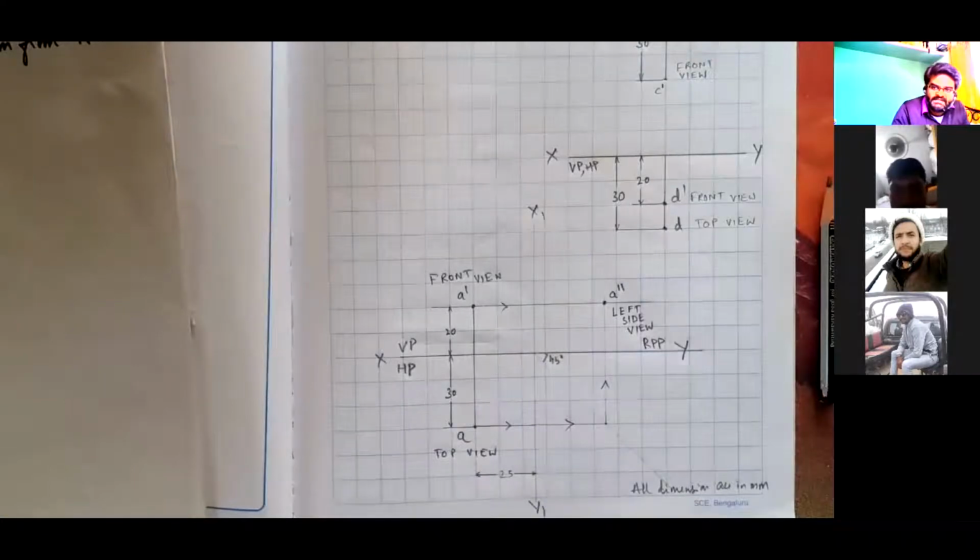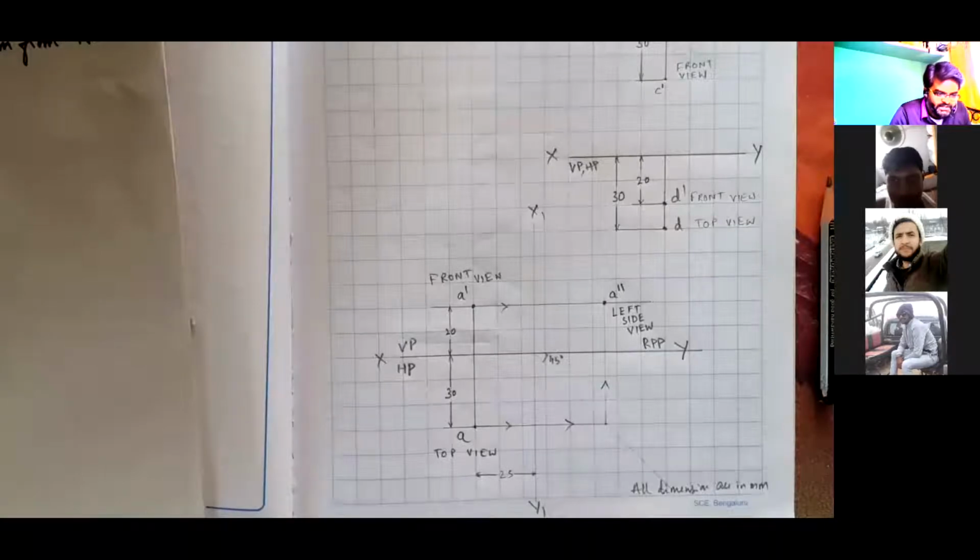Side view, in the first class I told you why the side view is important. A chair, an inclined chair, the LBW example, I told you, right? Because to know the complexity of the object, you have to project the object to the side planes. If you project it to the side planes, the complexity will be easily understood. That is why you are projecting it to the right plane or the left plane.